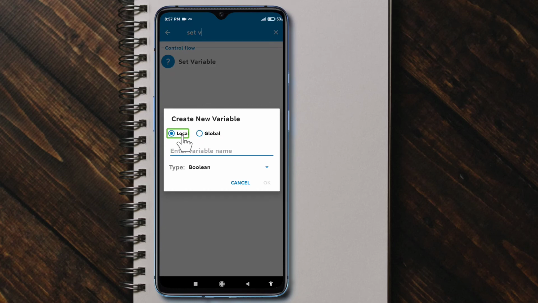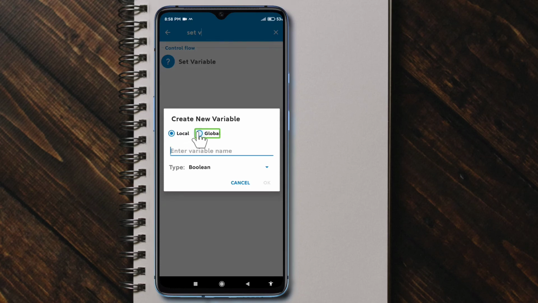It depends on how we are using the variable. Do you want to use the variable in this macro only, or in multiple macros? If you want to use the variable you are configuring in multiple macros, choose global, otherwise choose local. So in this way you can create a new variable from here also.